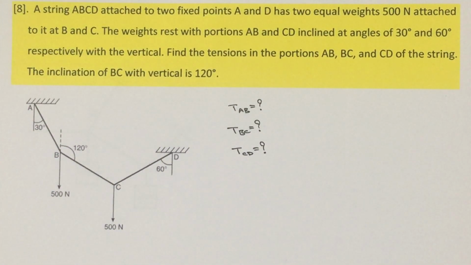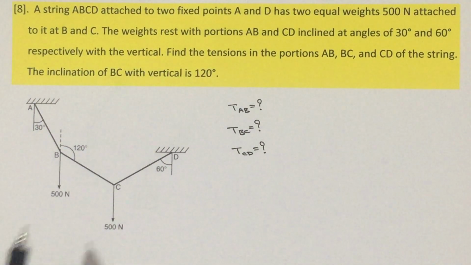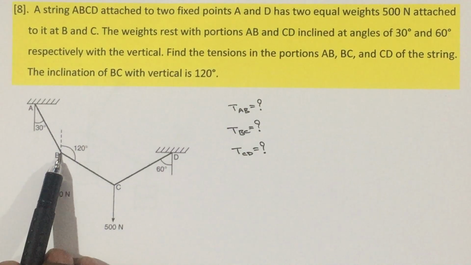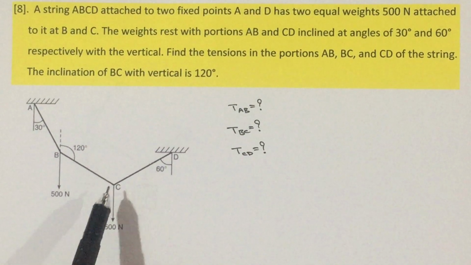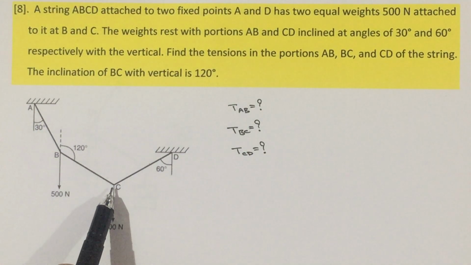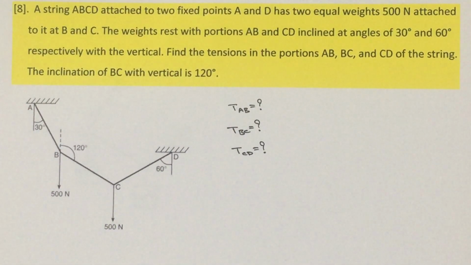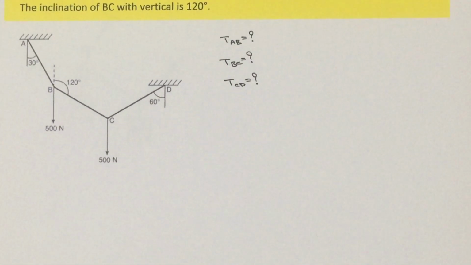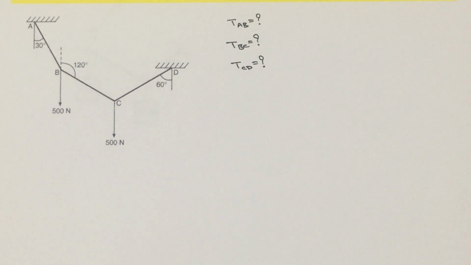So, the procedure is free body diagram, choose the method and solve the problem. Where are we going to draw the free body diagram? Where more forces are acting. At B and C, more forces are acting. If I draw the free body diagram at B, I will get BA and BC. In order to get CD, draw another free body diagram at C. Here we need to draw two free body diagrams, so draw the two free body diagrams first.